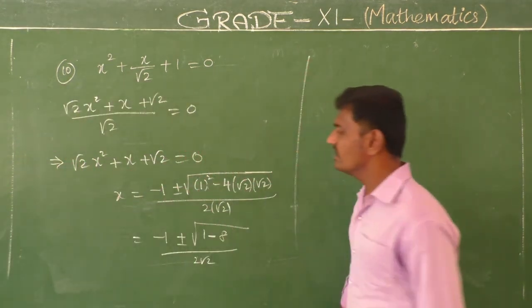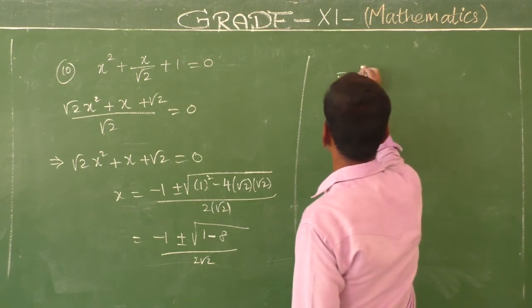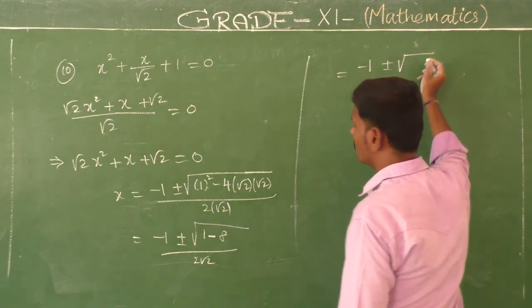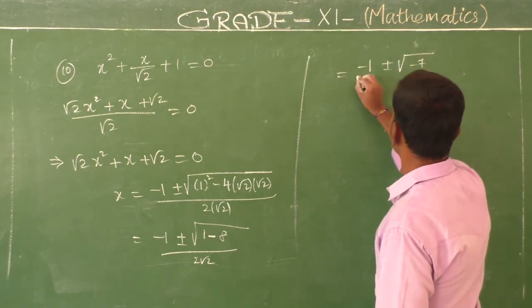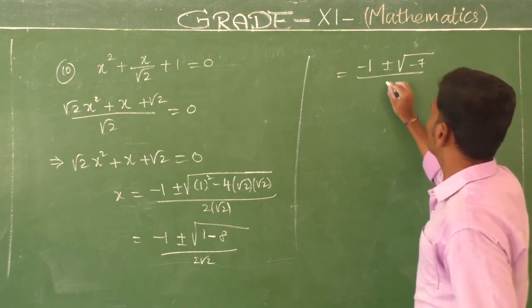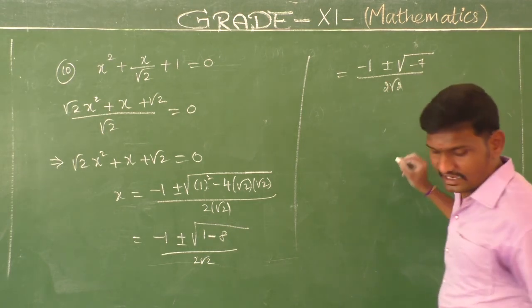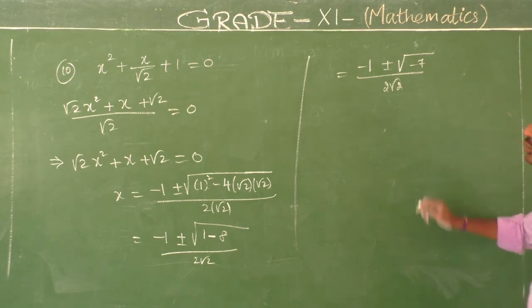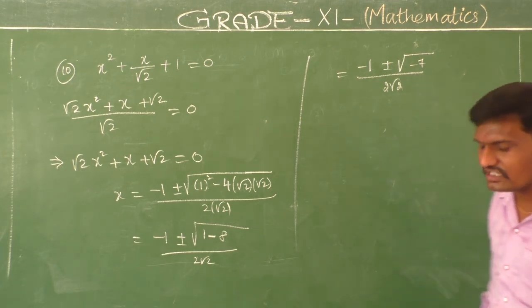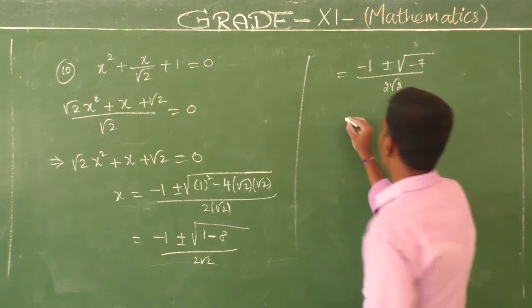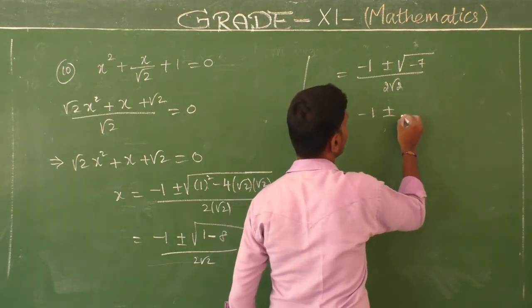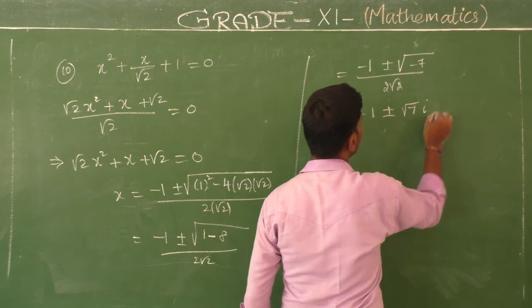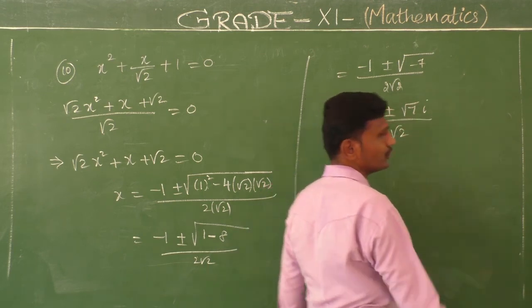And then next, subtract this and the next step: minus 1 plus or minus square root of minus 7, the whole divided by what will come? 2 root 2. Okay, and next what do we do? The square root of a negative number we are going to mention as the imaginary root, no? So that's why minus root 7 we are going to get root 7i. So now minus 1 plus or minus root 7i, the whole divided by 2 root 2. So this